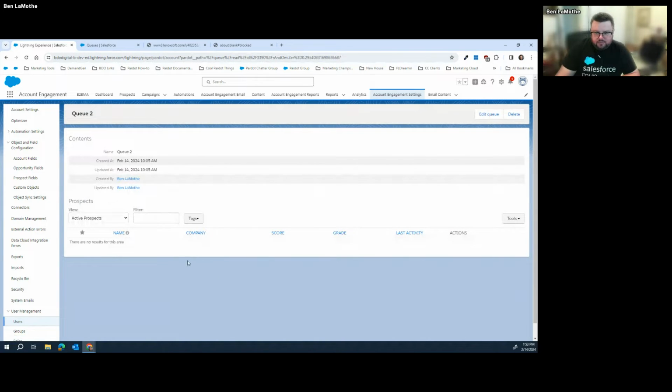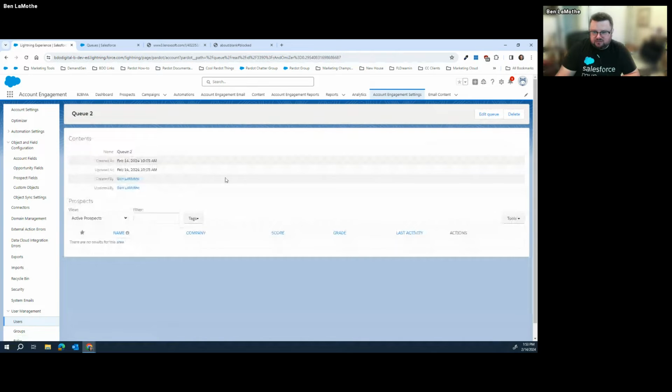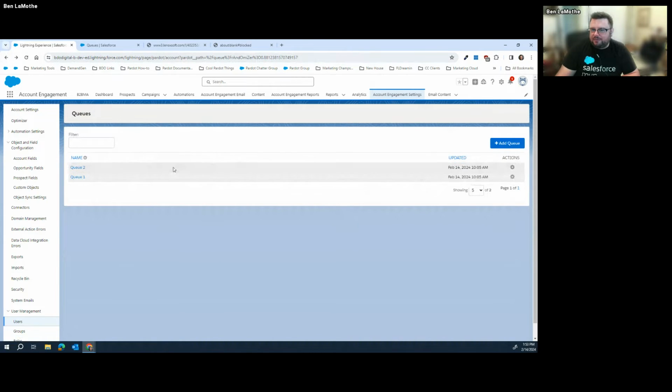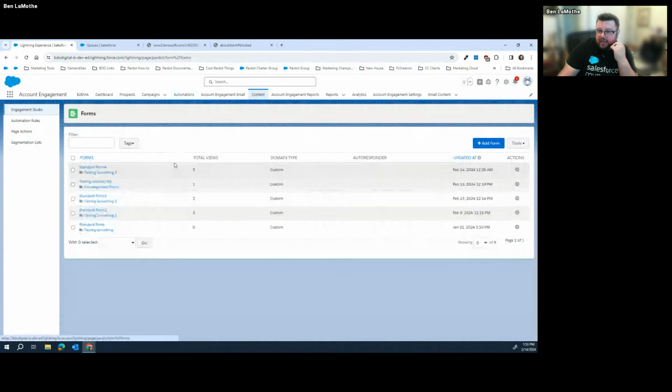I can't edit much about the queue. I can just select the queue. I can't change the name. Everything is in Salesforce. But if you need to be sending people to queues, you have two options here. You can do it from a form straight off. You can say, okay, if somebody fills a form out and